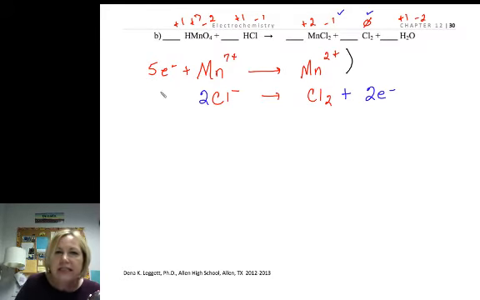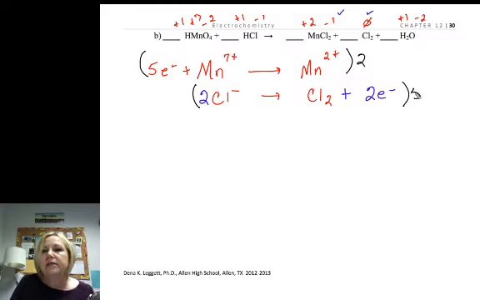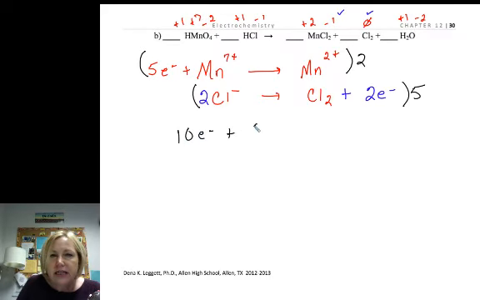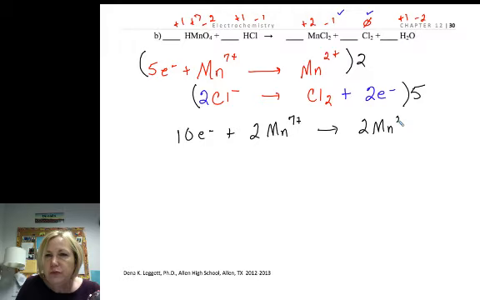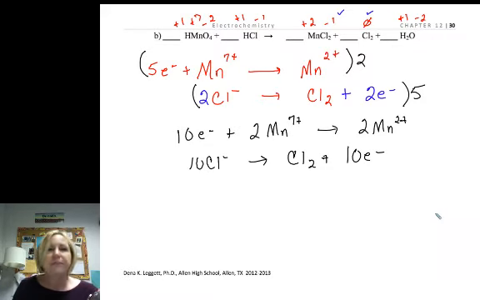I need to balance electrons. The least common multiple of 5 and 2 is 10. So I'm going to multiply those out. I'd have 10 electrons plus 2Mn7 plus, 2Mn2 plus, and 10 chlorides. All right, so we've got electrons balanced, we've got charges balanced, and so now we have to put these subscripts